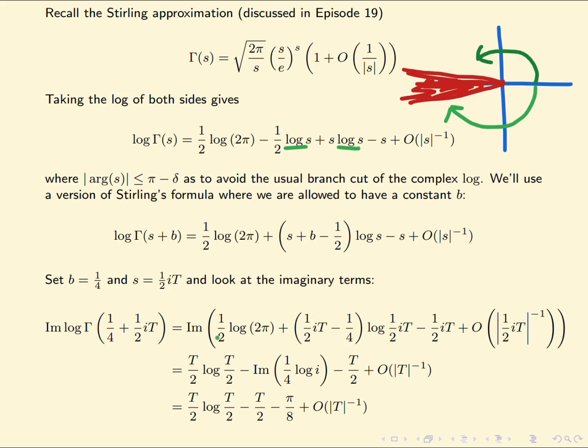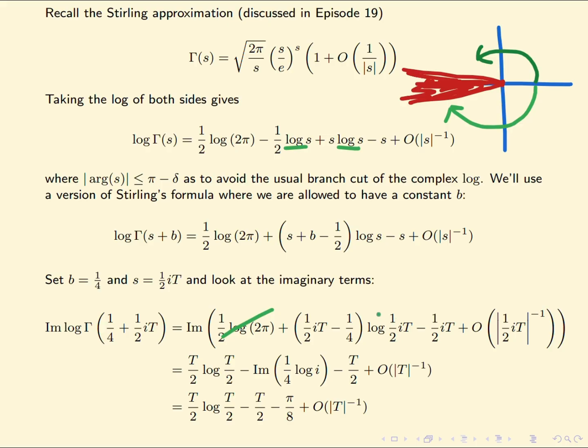And because I'm taking the imaginary part, a lot of the terms I can actually ignore. So for example, this part is a real number. This is just a constant, but it's real, so the imaginary part of it is 0. And then this part you have to be careful with. So what I'm going to do is